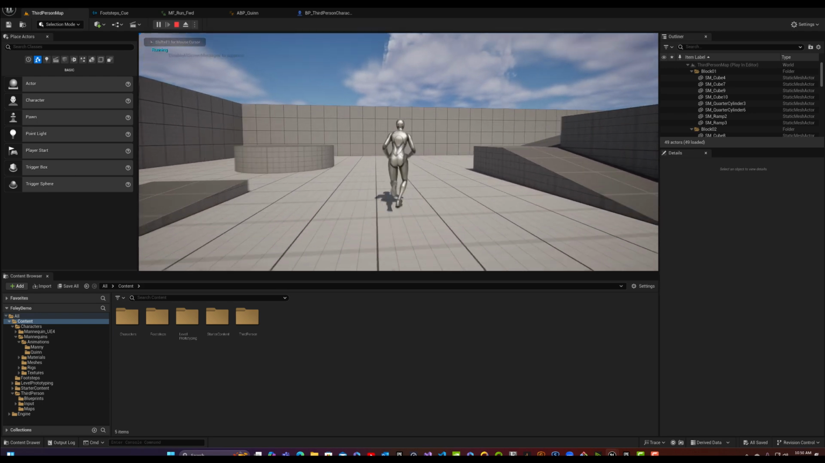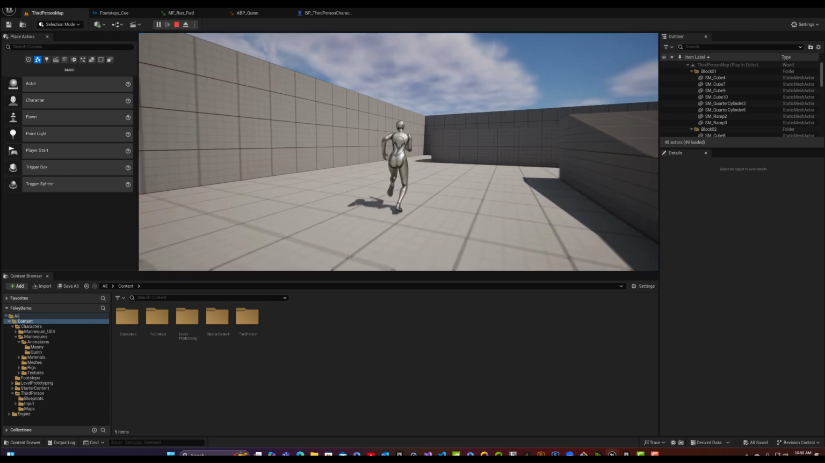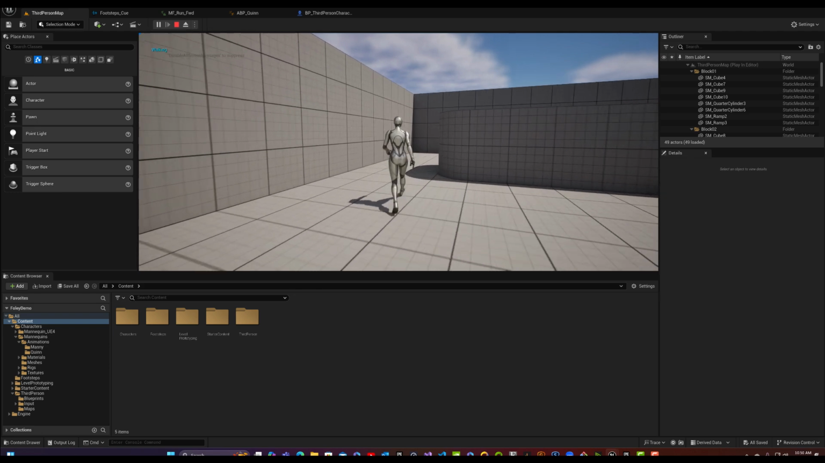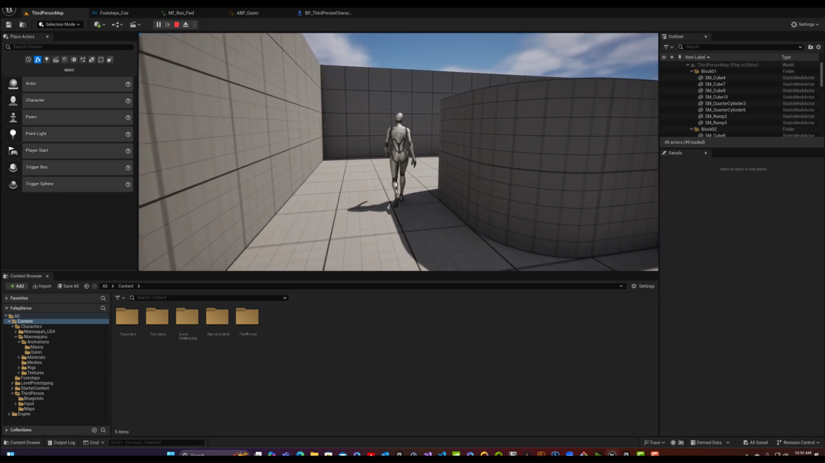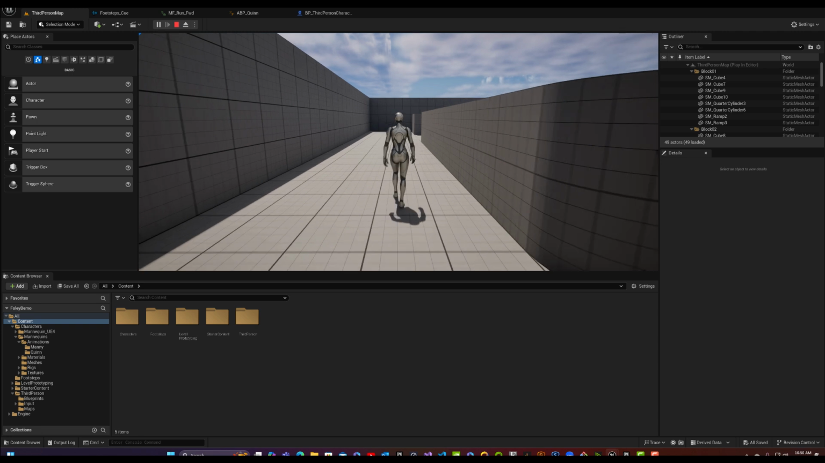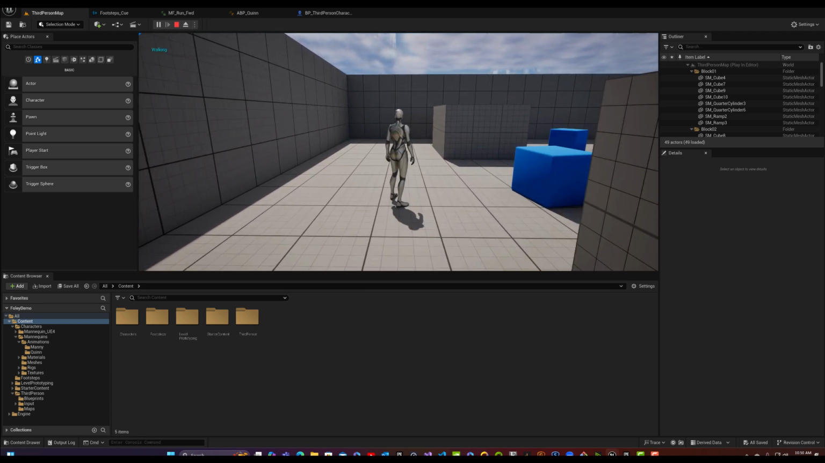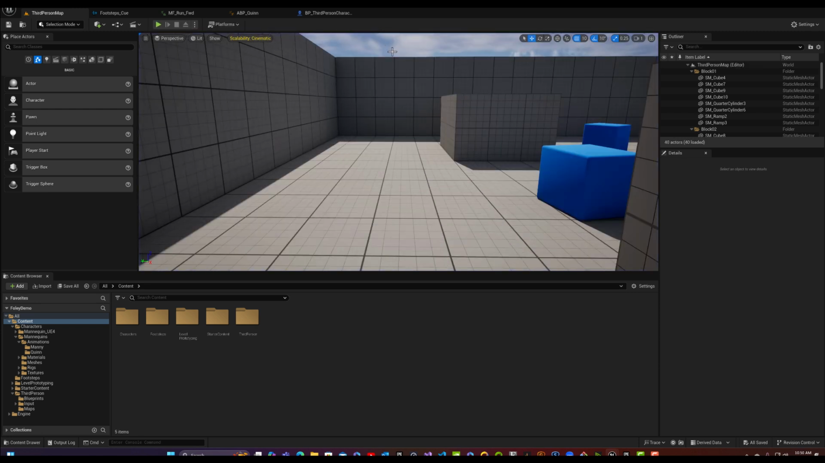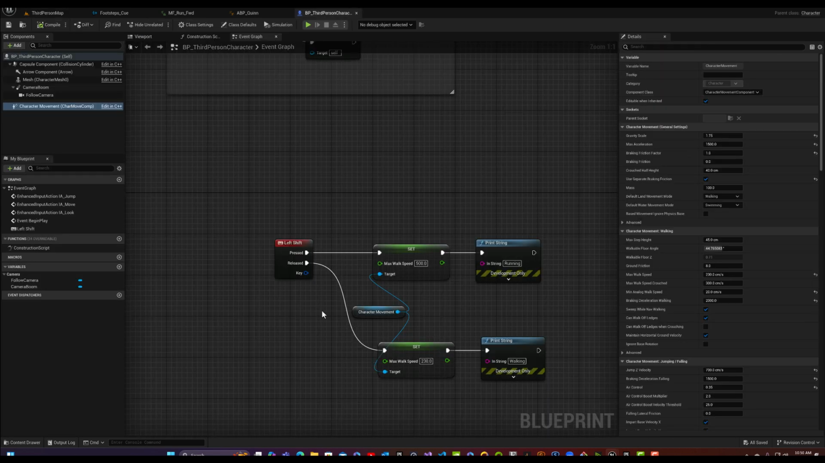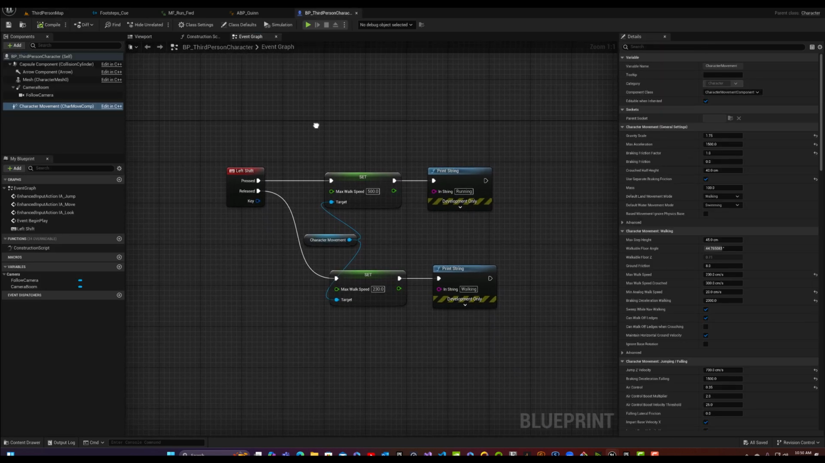Character's walking. Now it's running, and if I let go, it's back to walking. And if I hold down Shift again, we're back to running, okay? So that's a good way to get started with character animation, is using notifies and scripting the events for things